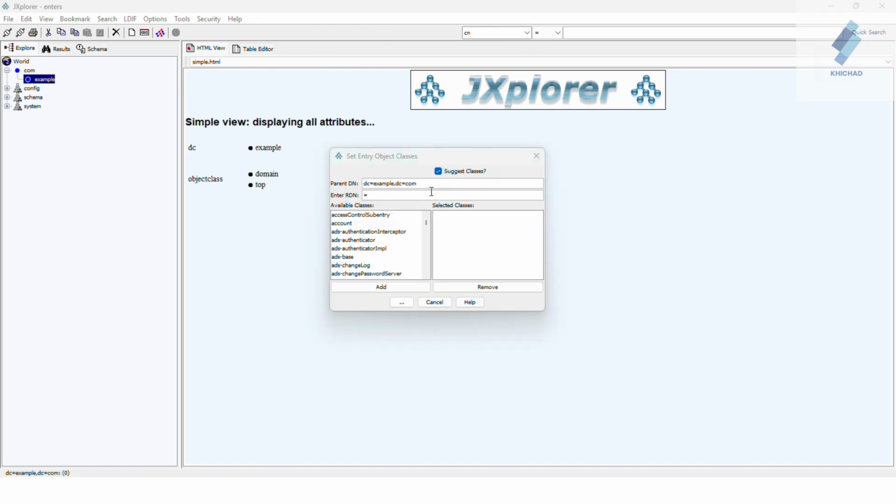So after clicking on new entry, just open this and provide the object classes. So we need the CN and SN names. So click on CN. CN name in Liferay is the screen name.